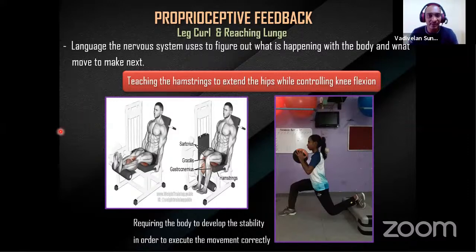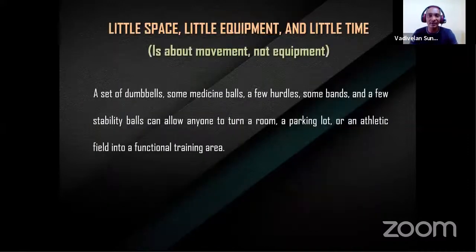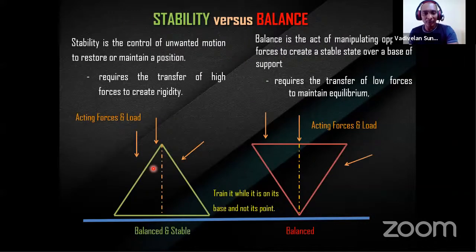So what's the next advantage of functional training? With a little space, wherever you want, you can keep a functional training. You can even do it in a parking lot. Even some small accessory is more than enough. There are no big machines needed. So very little space, little equipment, and little time. That's all about the need.